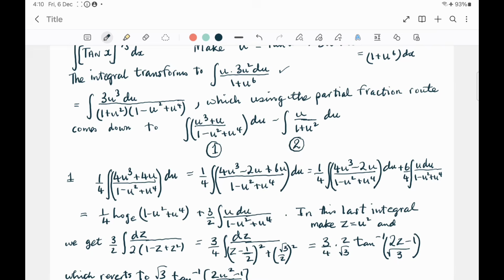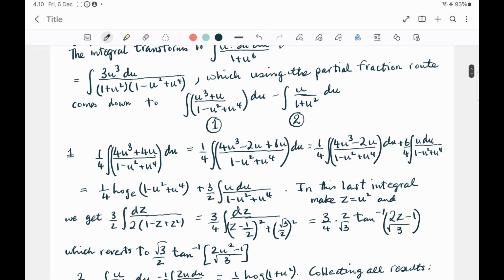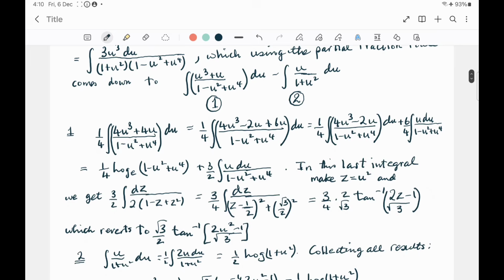I've had to resort to another substitution here, so I've let z equal u squared, and that last integral will then transform to 3/2 integral dz over 2 times 1 minus z plus z squared, which is 3/4 dz, and then I've completed the square on the denominator,